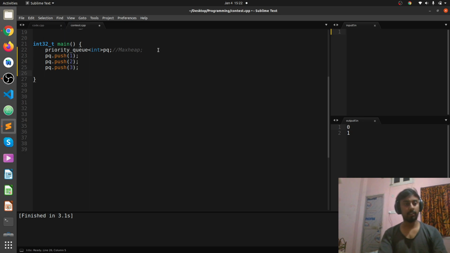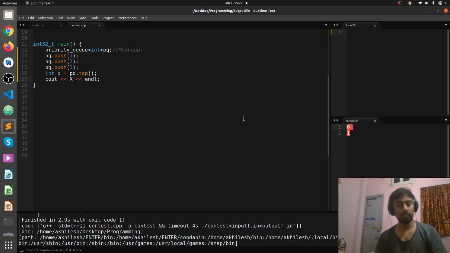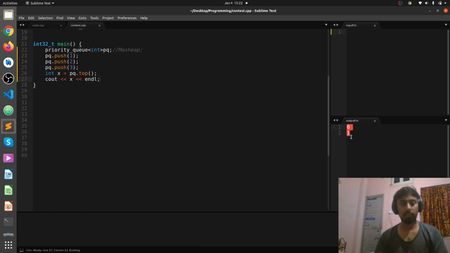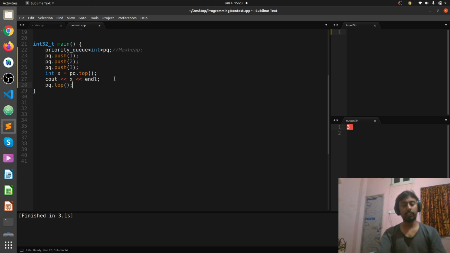Now whenever we look at the topmost element, we will get the maximum element. cout pq dot top, endl. We can see that the topmost element in this priority queue is 3, so the output here will be 3. Then each time we pop it, and again we see which is the next largest element.